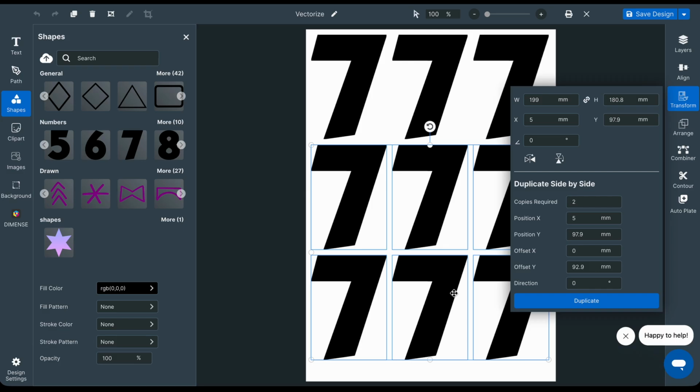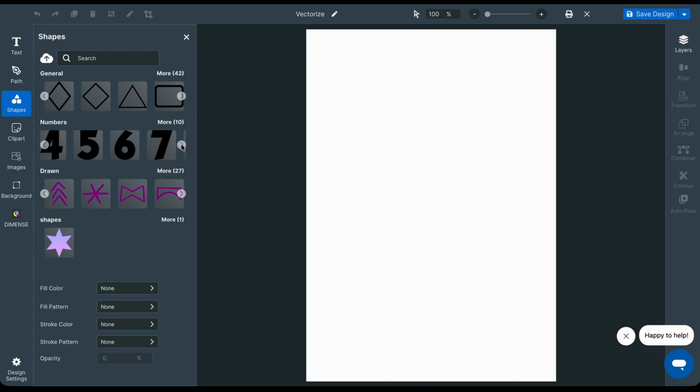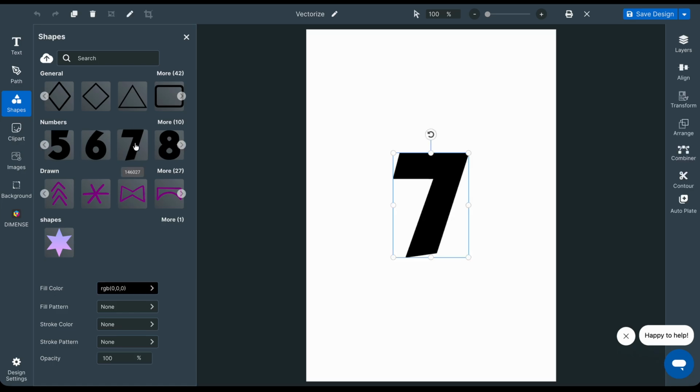The DG-Connect designer is capable of duplicating objects side by side, also known as step and repeat. This function is useful in the case of producing sticker sheets and other product types where multiple similar objects are needed. This tutorial will demonstrate the duplicate side-by-side functionality on a simple object, but the objects can be as complex